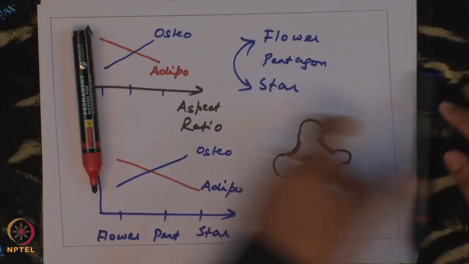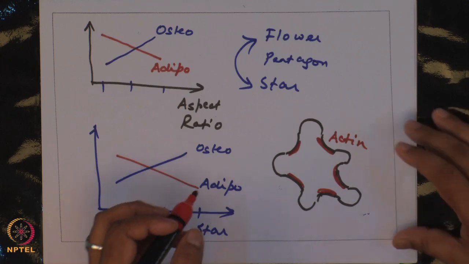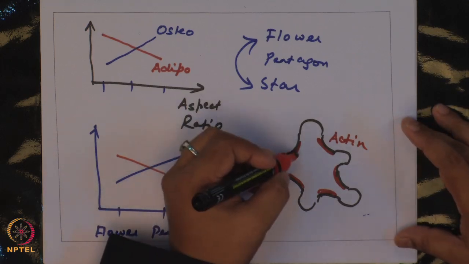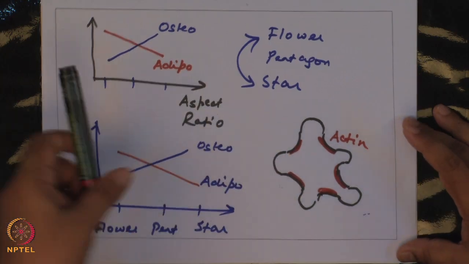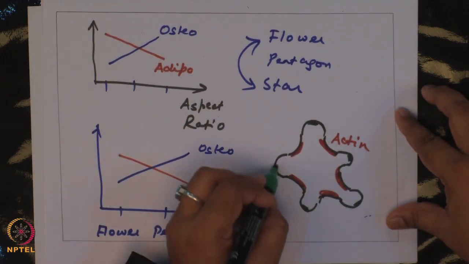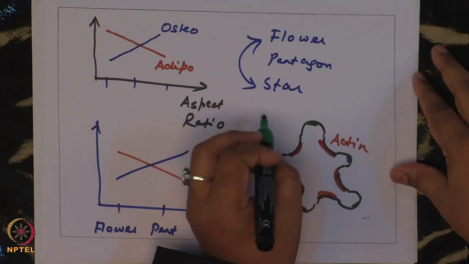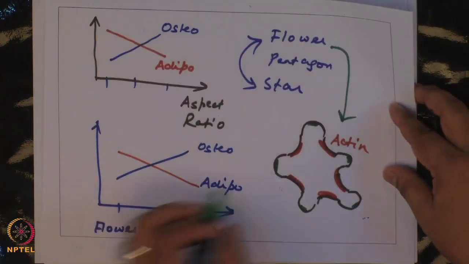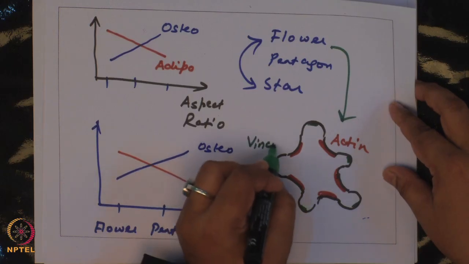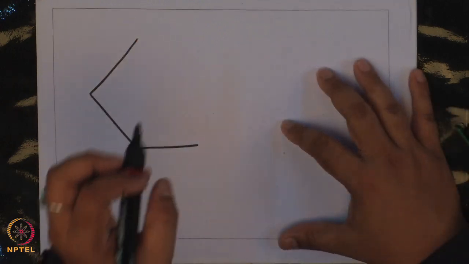On the flowers you had increased actin signal on these edges, but for the star shaped islands, this was the actin signal and the focal adhesions were towards the periphery. So, on the flower geometry, this is what they observed. The green is vinculin or focal adhesions and the red is actin. On the star shaped islands,